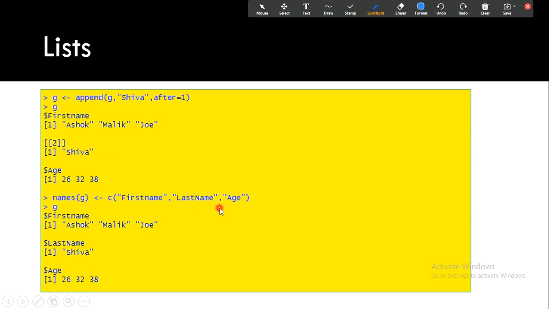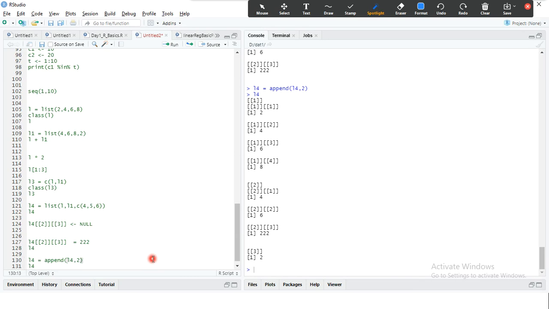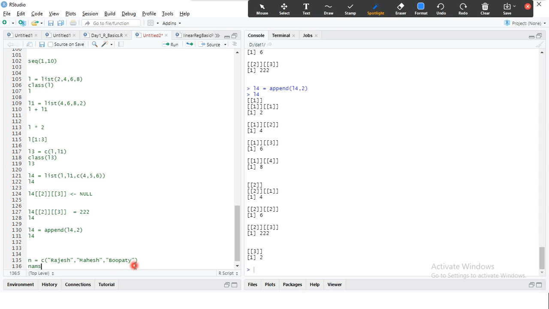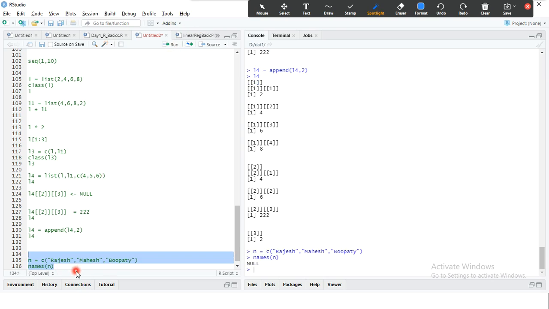And similarly in the case of a vector, I have created a vector, and if I want to assign some meaningful name, for example, names of n gives you the metadata for each and every value. What is metadata? Data about data.